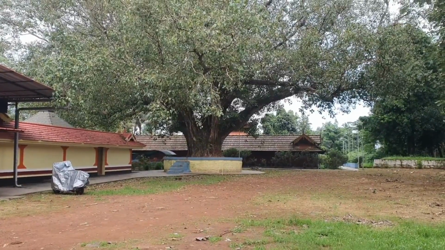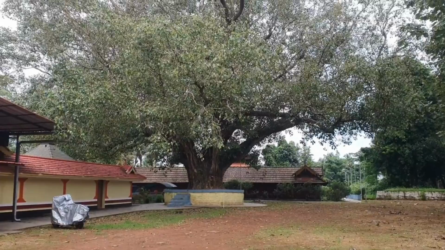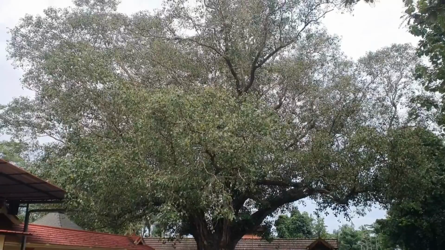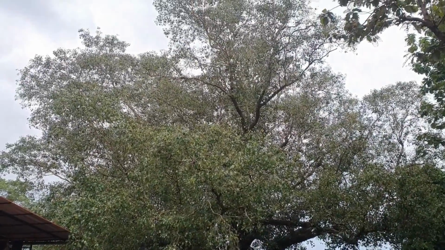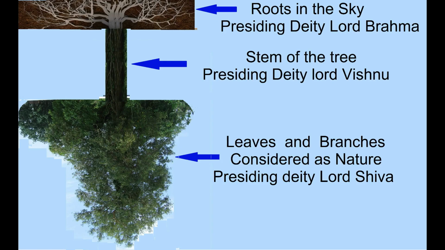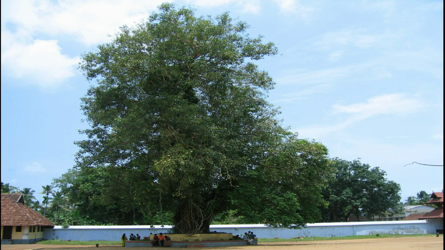Almost all temples will have a banyan tree inside the premises. This tree is considered as the king of trees growing down from the sky. It is considered that the roots are in the sky representing Lord Brahma, the main stem is representing Lord Vishnu, and the branches and leaves are the nature presided by Lord Shiva. Normally, people go around it 7 times chanting the mantra